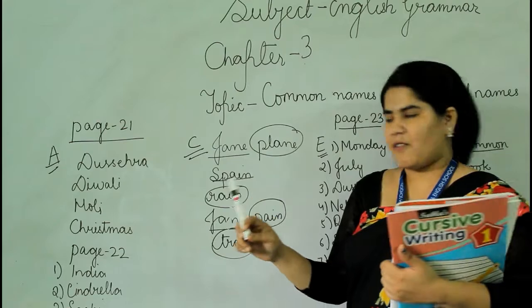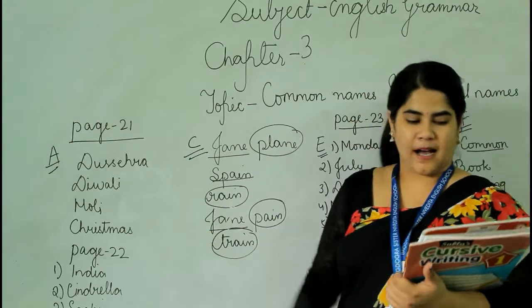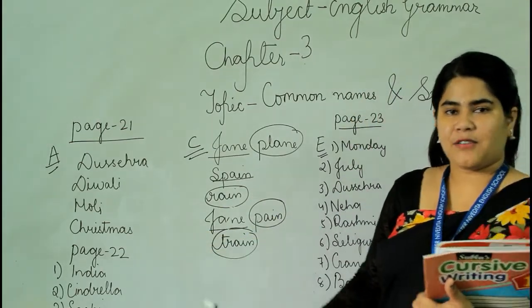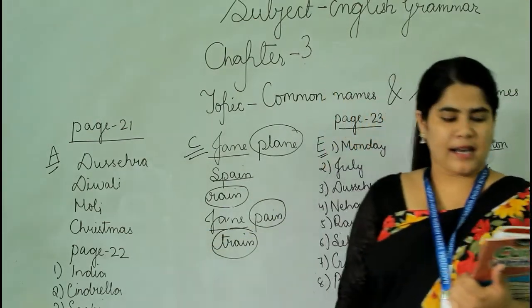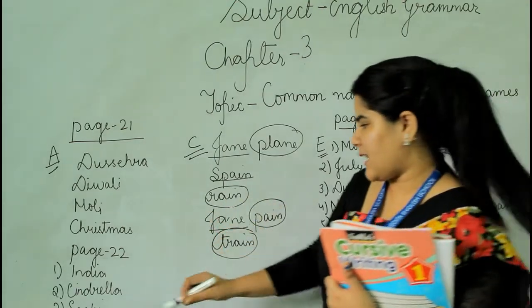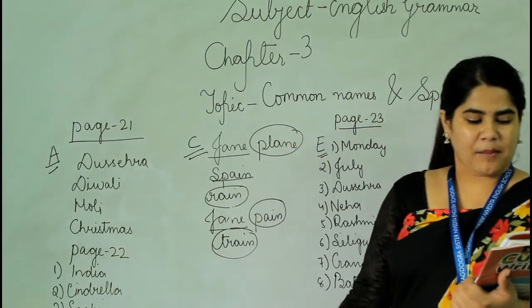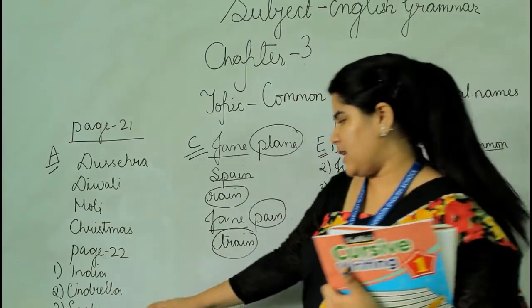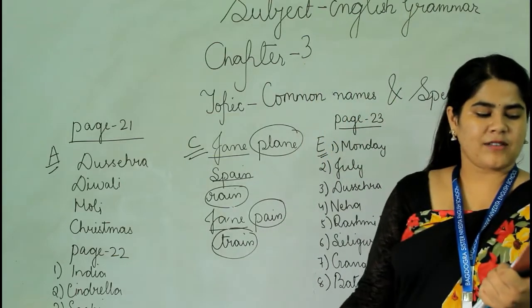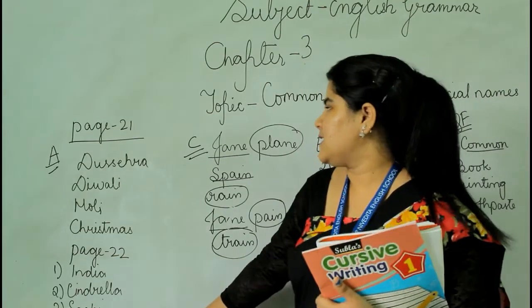Number 1, the name of our country is India. Number 2, my favorite fairy tale is Cinderella. Number 3, Dash is a famous cricketer, Sachin. Number 4, Dash is the name of a shoe company, Bata. Number 5, the first month of the year is January.